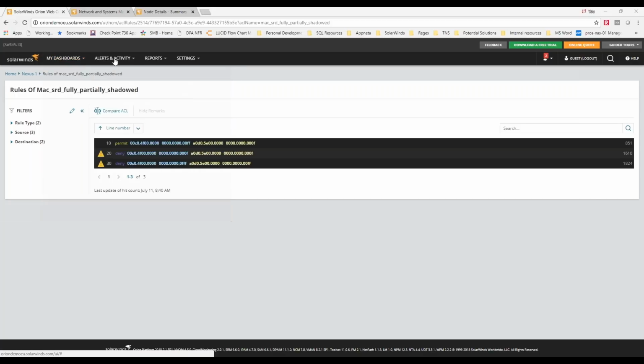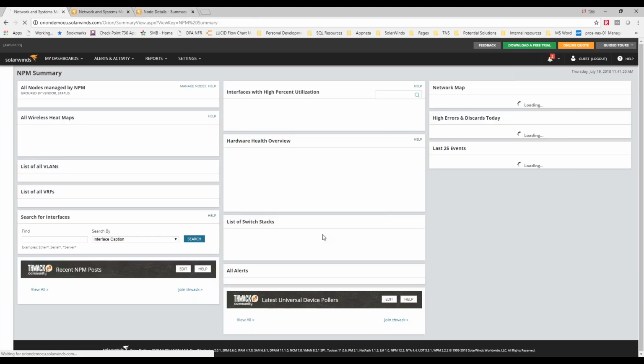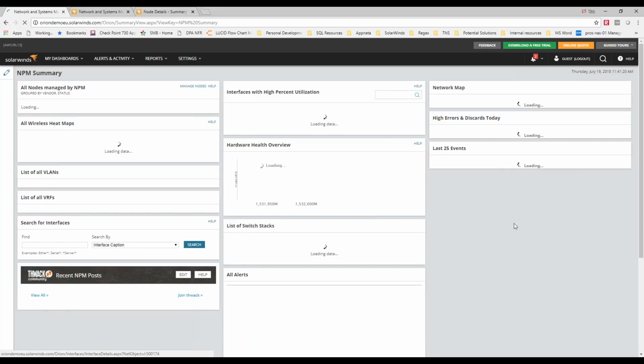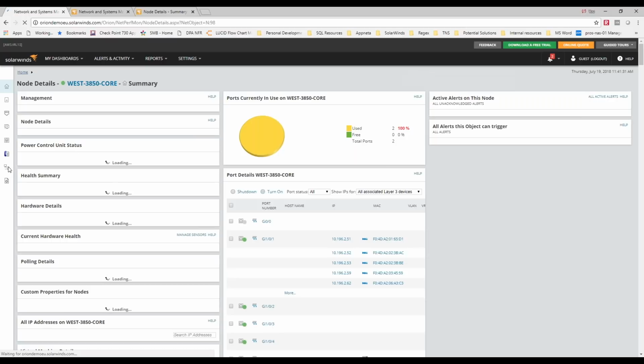Okay, so I'm just going to go across to my map screen. Oh, wrong one. I'm just going to go across and show you the visualizations of the maps. And I'm going to choose a particular device here. I'm going to go across to one of my core switches, or actually in the online demo, one of the core switches, and introduce you to the map interface. So on the left-hand side,